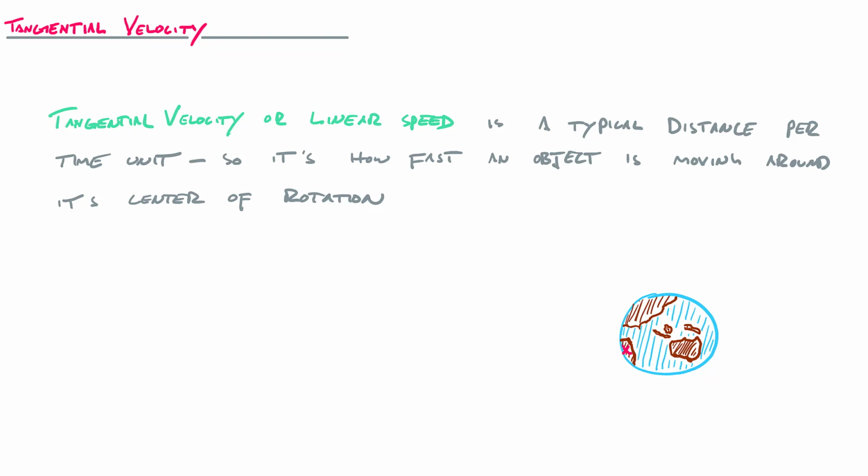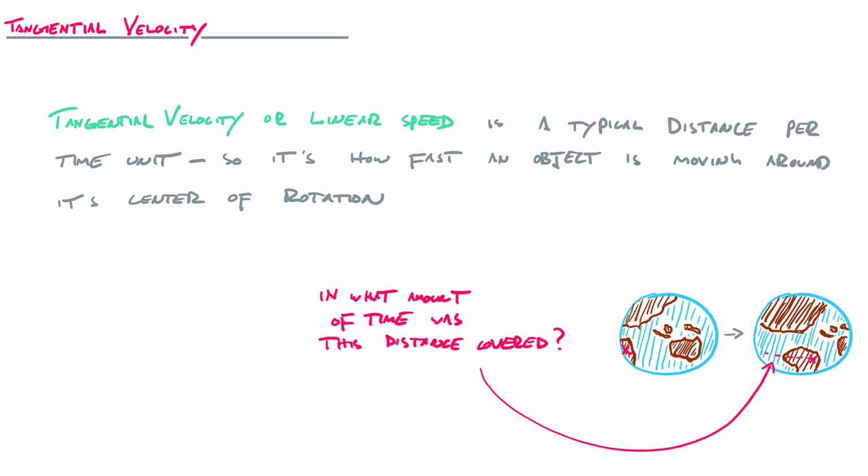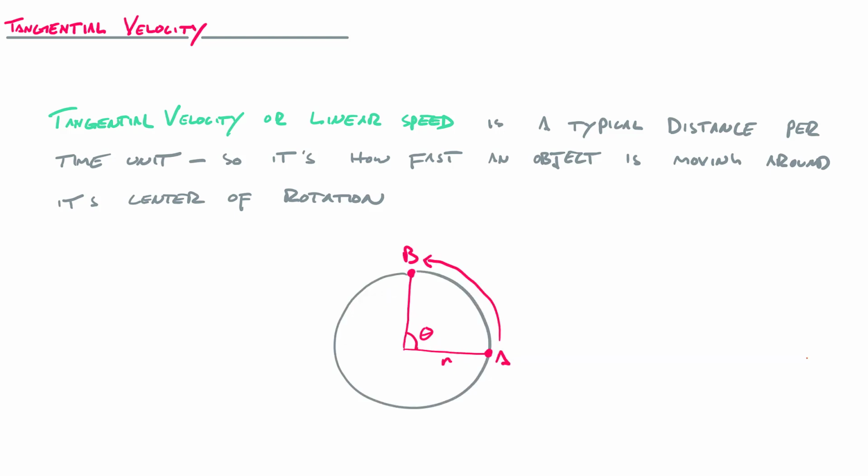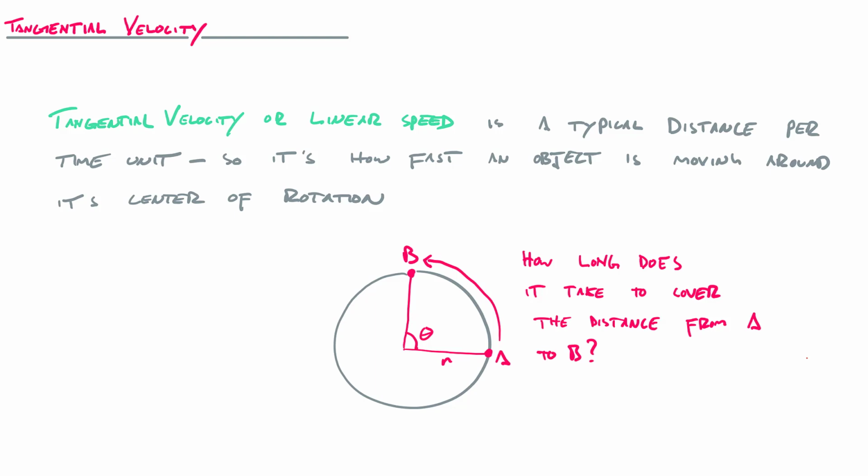So let's say that you're here, on this not really Earth-looking thing, and it spins, right? It rotates, and so you end up, right, you've traveled this distance in space. You haven't moved anywhere on the Earth itself, but the Earth is spinning, so you've traveled a specific amount of distance. The speed, how long it took you to get there, that speed is tangential velocity. Okay, so in what amount of time was this distance covered? Or you can think about it as how long does it take an object to move from A to B